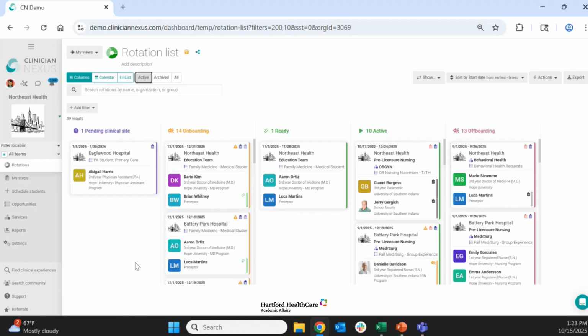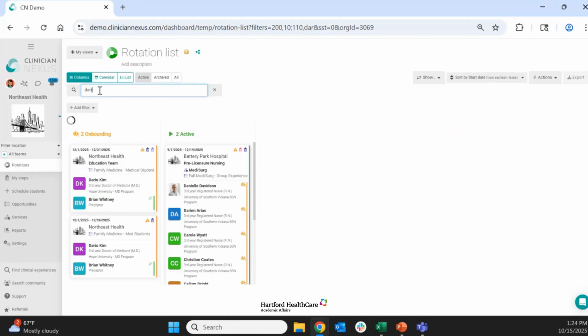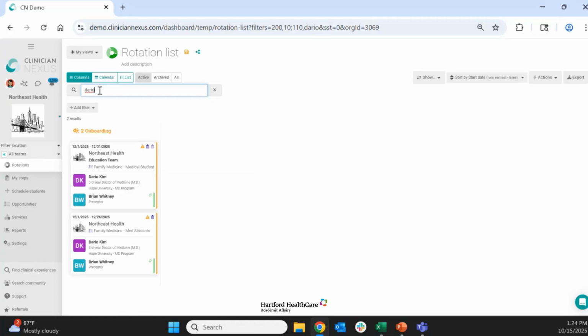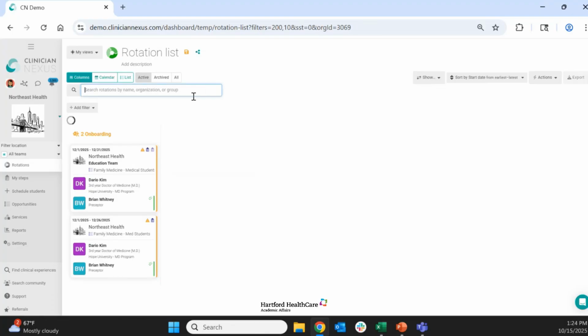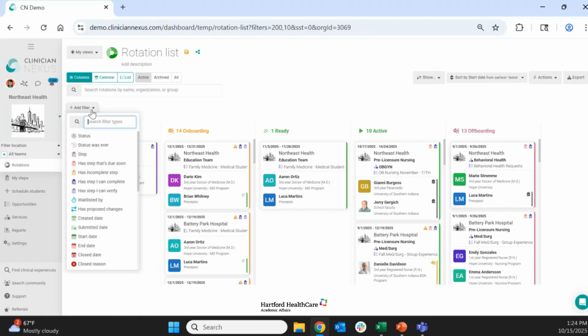From here, I'll show a couple of items that would be helpful as you're getting comfortable using this page. Note that there is a keyword search bar. So if I want to search for a specific student, I can narrow down what's showing on my view just by keyword search, or I can add filters. And there's a lot of different filtering options. Again, you're welcome to narrow down what's most useful for you to look at,